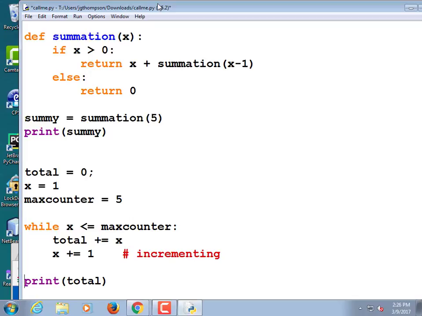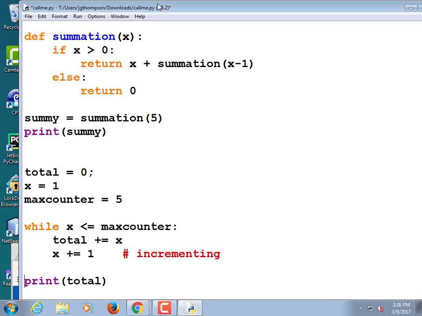So return 2 plus the summation of 1. When it comes up here with x equal to 1, it's still greater than 0, but this is going to be the last time. So return 1 plus the summation of 0.